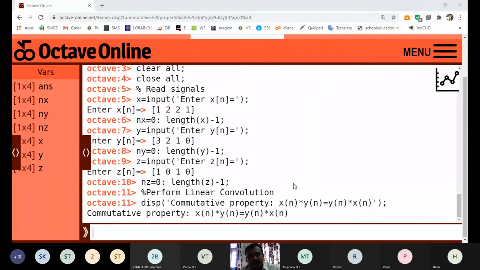Functions are available for the maximum number of DSP operations. One of the DSP operations used for linear convolution is CONV. The function CONV is going to perform linear convolution of two signals.